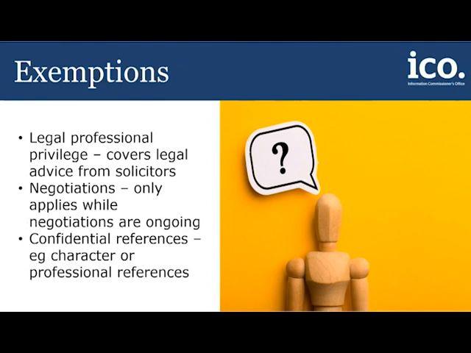The third exemption is confidential references. Where personal data is included in a confidential reference, you won't usually need to provide it. This could apply if character references for prospective tenants are collected, and likewise to staff where references are provided as part of the recruitment process. These are the exemptions you're most likely to consider applying in your sector. If you're wanting guidance on the other available exemptions, take a look at the guide to the UK GDPR on our website. We will now talk about CCTV.